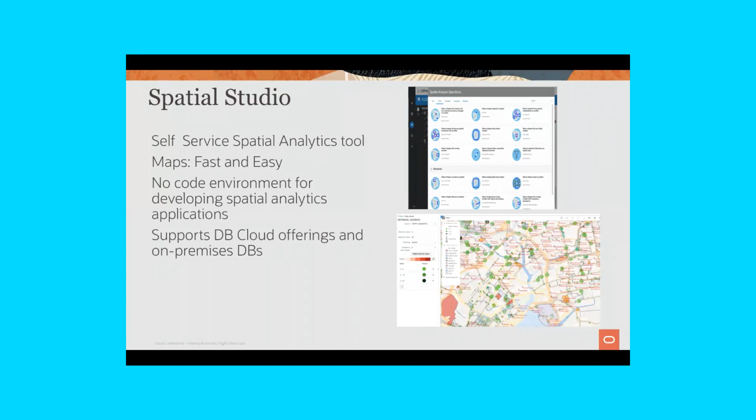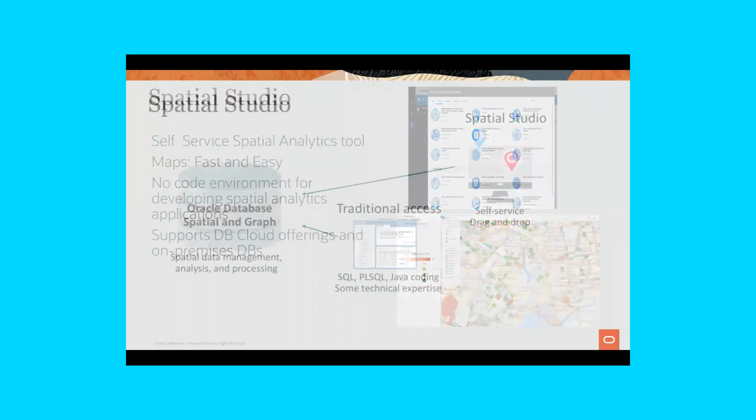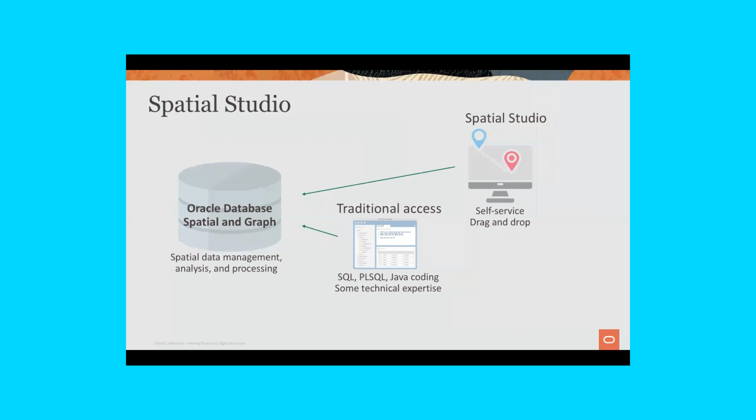So we provide a bunch of drag and drop tools. You can pick these things and then build your query visually. And then under the covers, we generate the SQL that is required for doing that analytics. And then we also provide this map canvas where you can drop your data sets and then build complex interacting applications. The Spatial Studio basically has data that is stored in the database, and then a self-service drag and drop application that runs in WebLogic server.